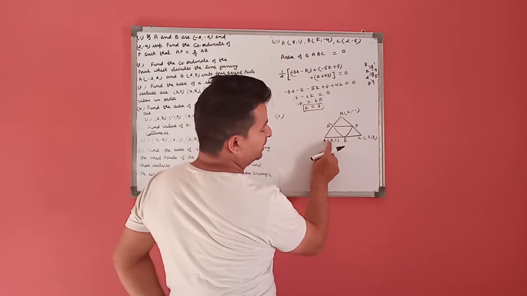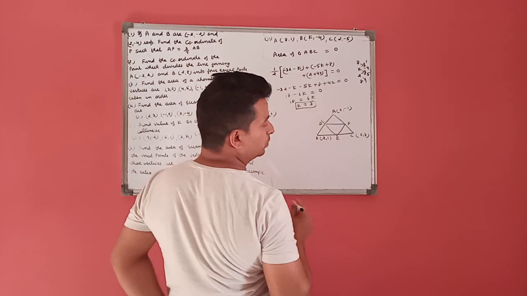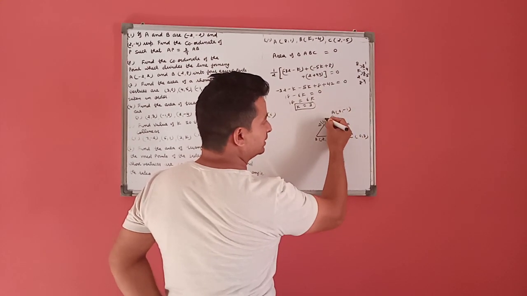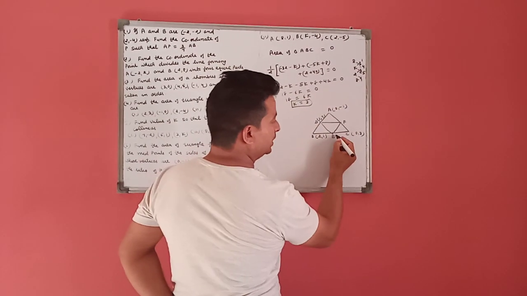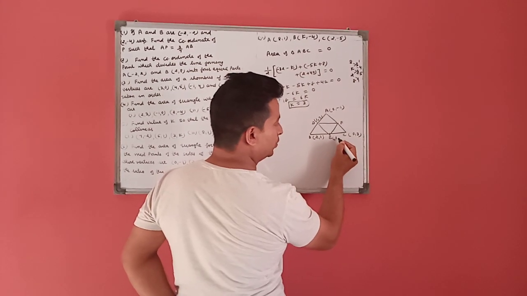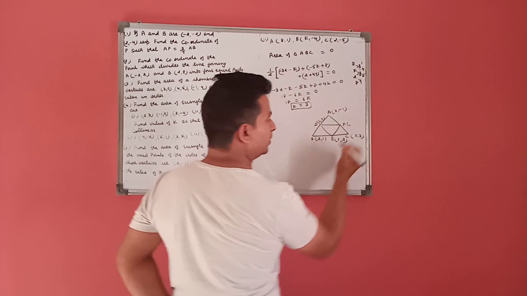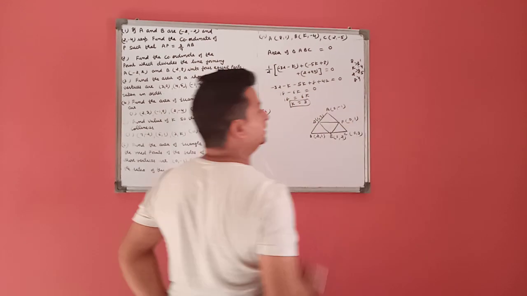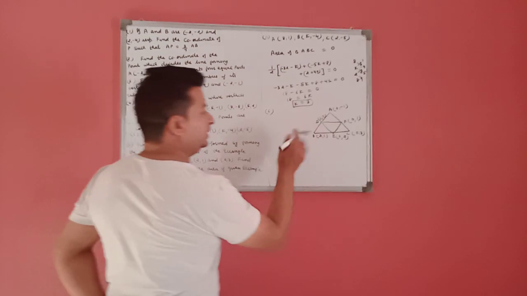For this, we use the midpoint formula, that is (x1 plus x2) divided by 2. It's 2 plus 0 divided by 2. This is equal to 1. Minus 1 plus 1 is 0. This means the midpoint of AB is (1, 0). Same, midpoint of BC, 2 plus 0 upon 2 is 1, 1 plus 3 is 4, 4 divided by 2. This is the midpoint of BC. Midpoint of AC is (0, 1). These are the coordinates of the midpoints of AB, BC and CA.